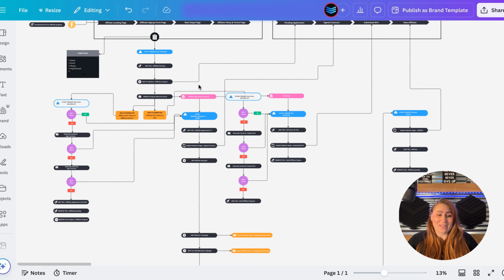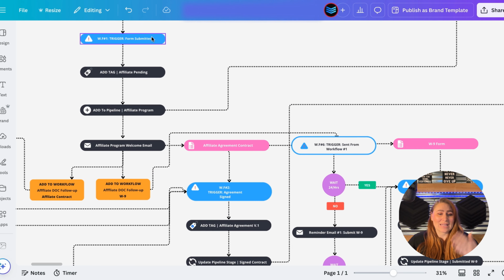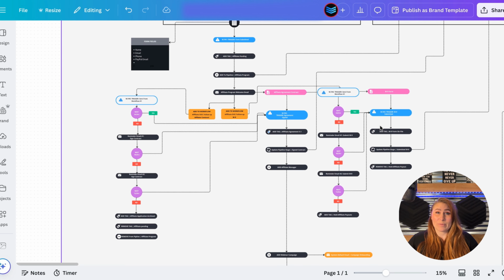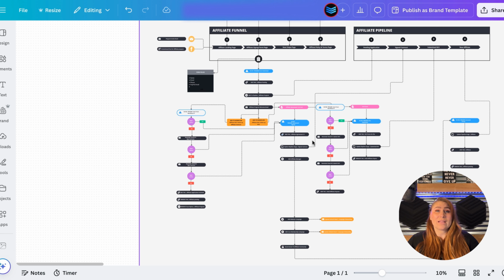So what does that look like? Well, we have a handful of different things happening, workflows that are being triggered, and then it has a set of stages and steps that have to go through. And this entire map is so that when we get into the HighLevel builder, we can be efficient. We know exactly what actions, what triggers we need in order to make this workflow work. Let's pop over into the HighLevel backend and actually see what this looks like when you build it in the